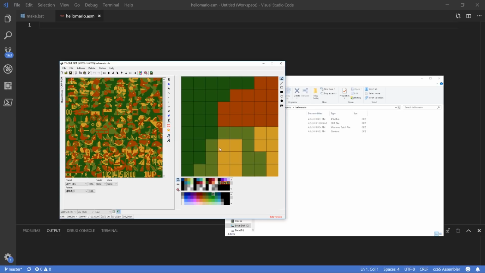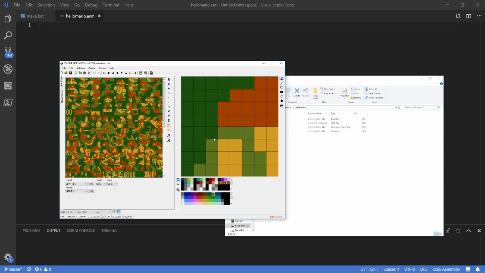In fact, this color palette looks perfect, right? This is what Mario looks like, with the exception of maybe this background color. That's not exactly what we want, but that's roughly what Mario is supposed to look like, right? So we'll have to make sure that our palette is the same so that Mario looks correct when we load him on screen. So the first thing we want to do is get things set up so